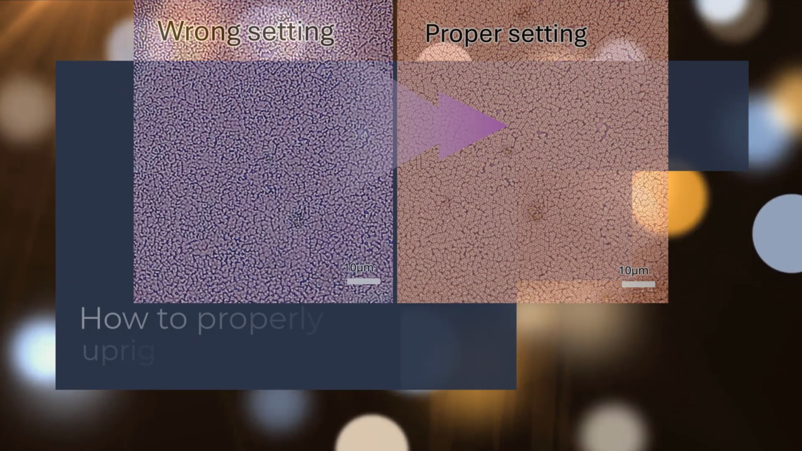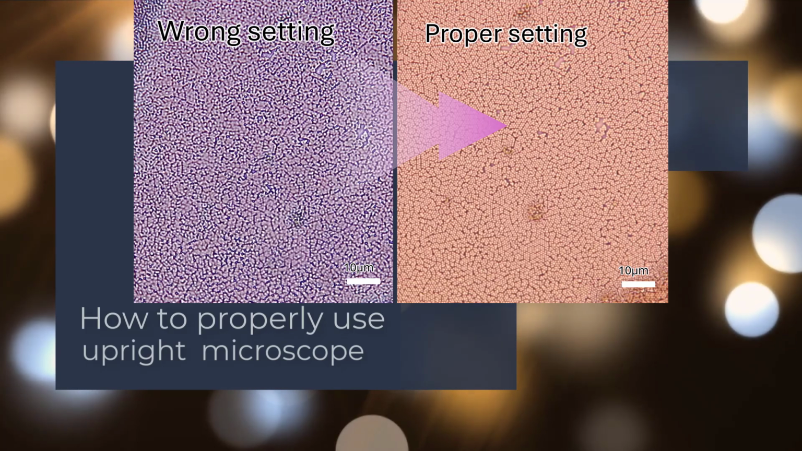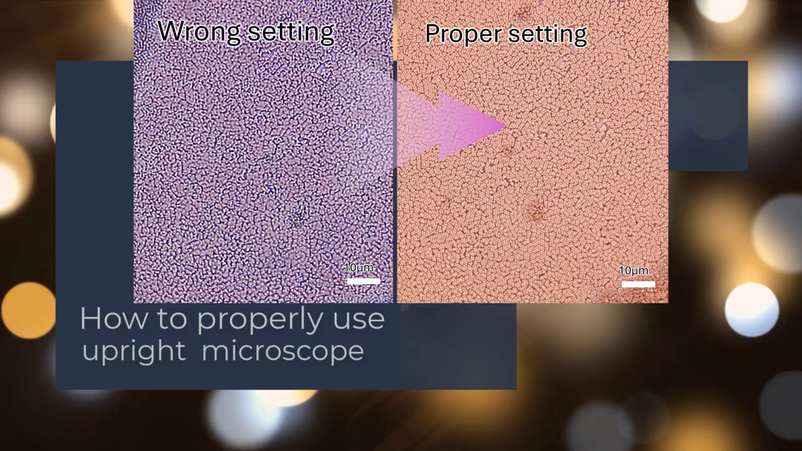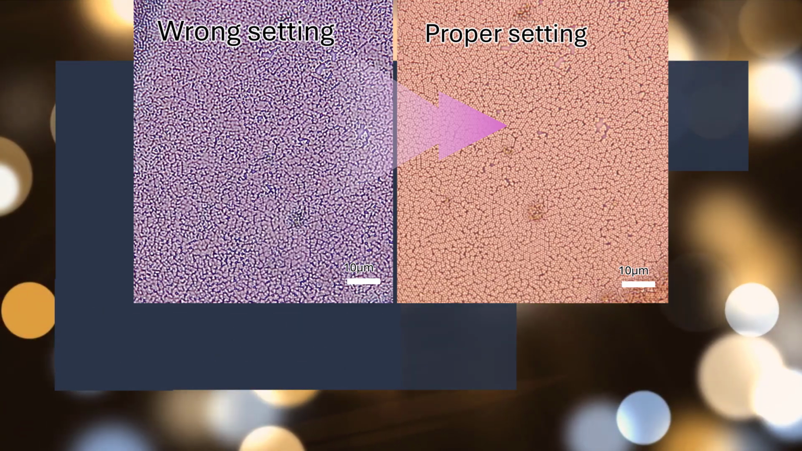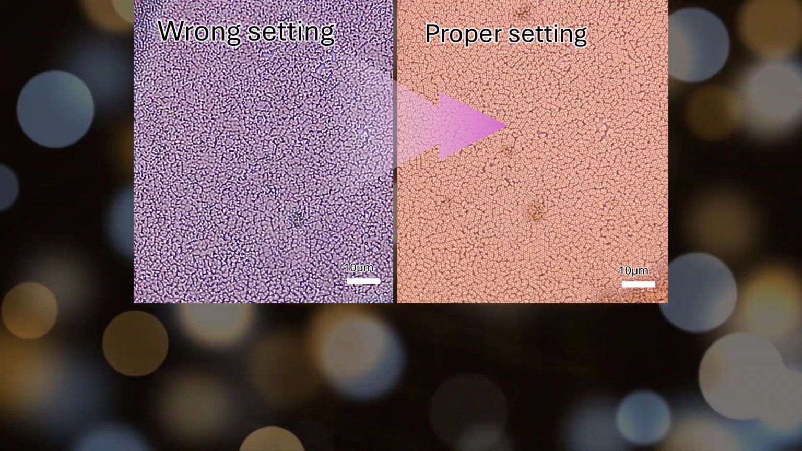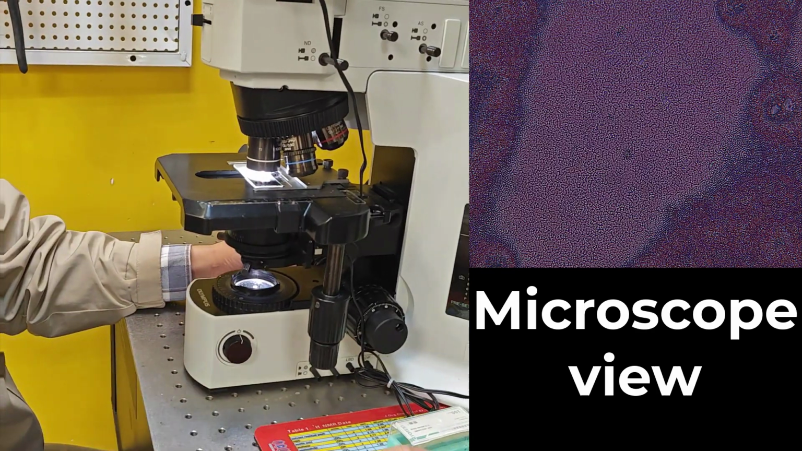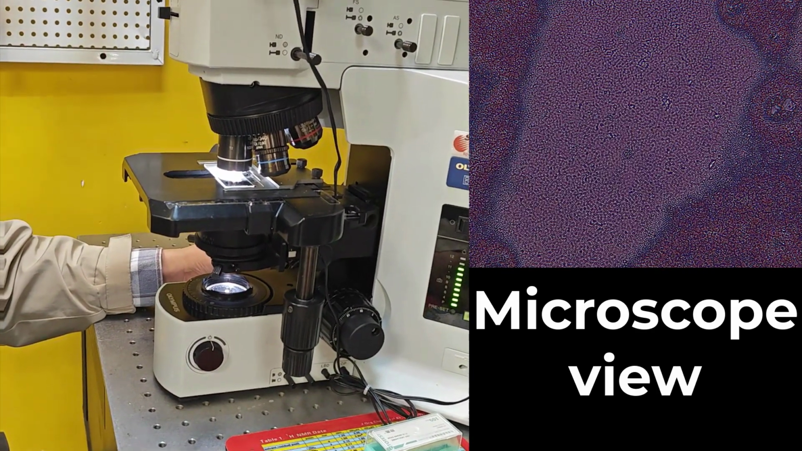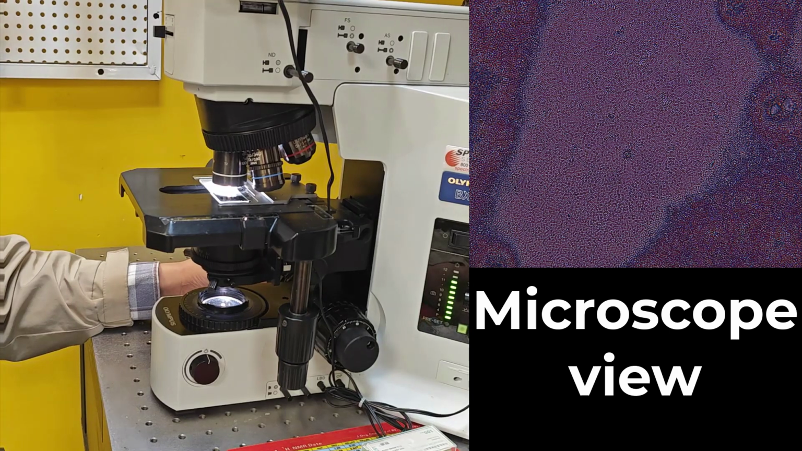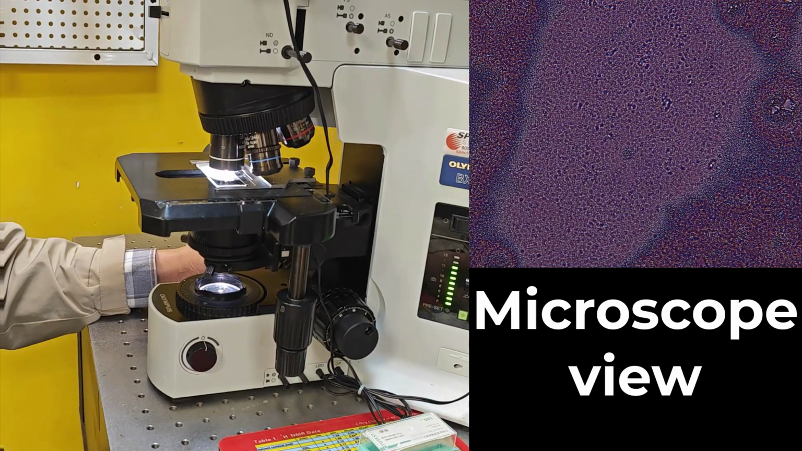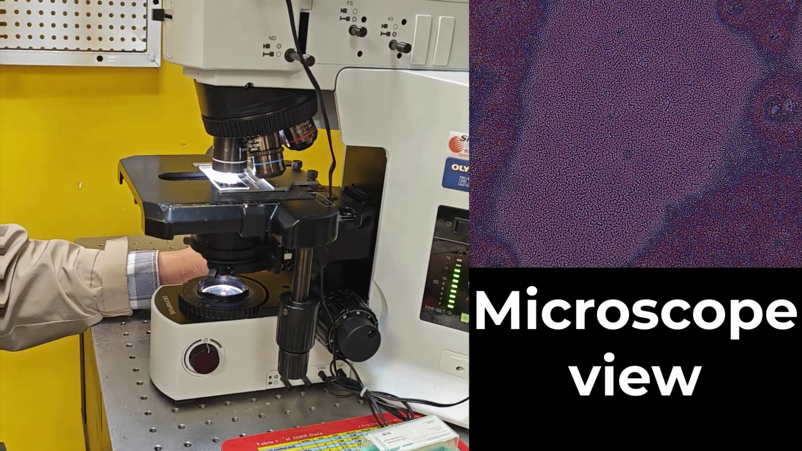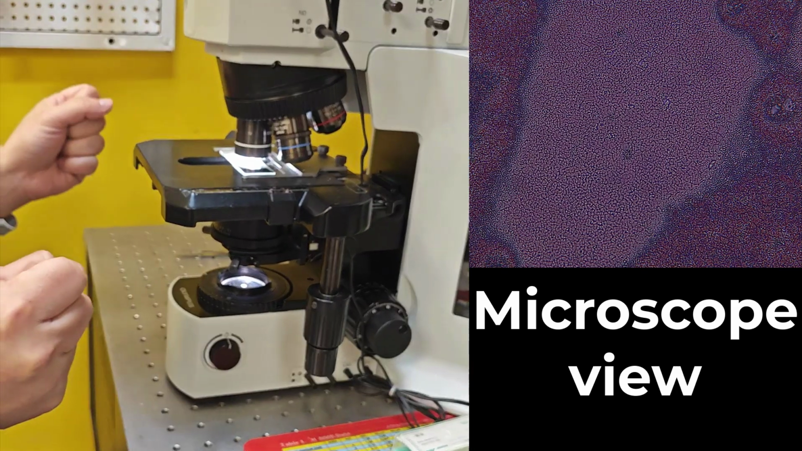Today, we're going to learn how to properly use an upright microscope so you can improve your image from left to the right. The microscope we are using is equipped with two illumination paths, reflection path as well as transmission path. At first, we're using the transmission, but as you can see, the image quality is not very good due to